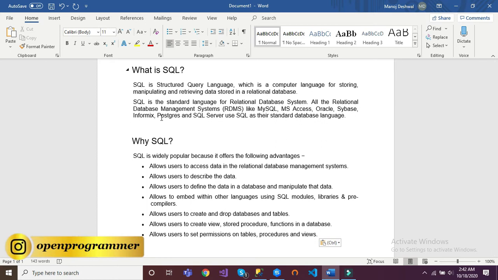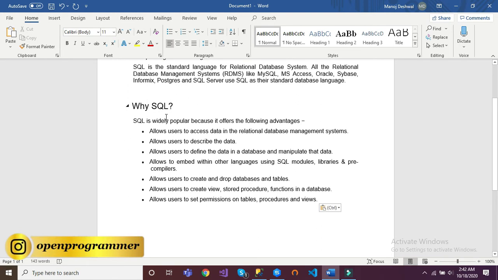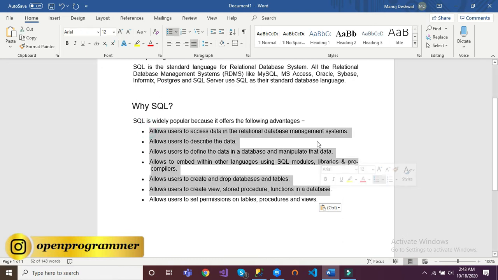Like MySQL, MS Access, Oracle, these are some RDBMS which we use to store data in tabular format, right? And why is SQL popular? Because it allows users to access data through an RDBMS. We can describe the data, like what kind of field we need to use, right? So these are some advantages of SQL Server.